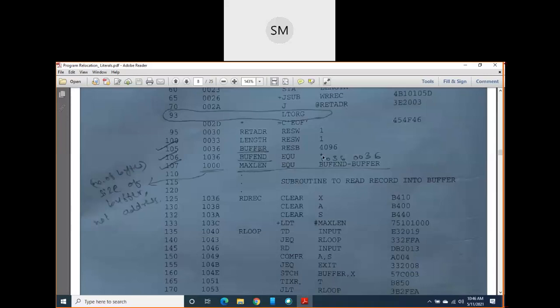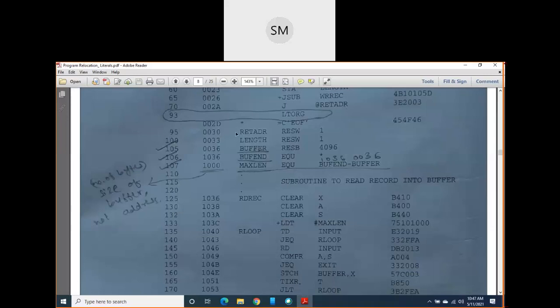Here the star is nothing but the address of the next byte which is not assigned to any variable or operand. For example, in line number 95, 0030 is there. Imagine your program is completed at line number 95 only and nothing is below this 0030.